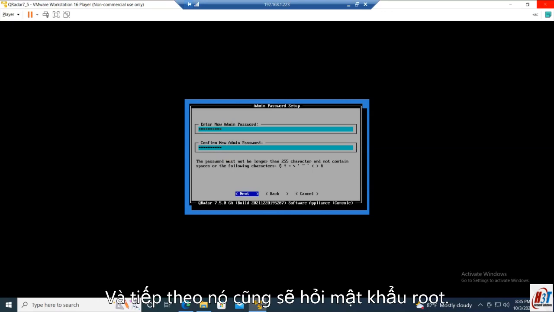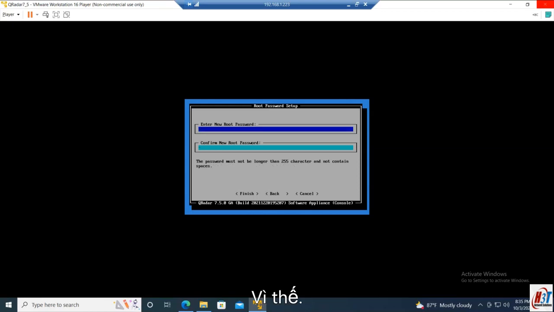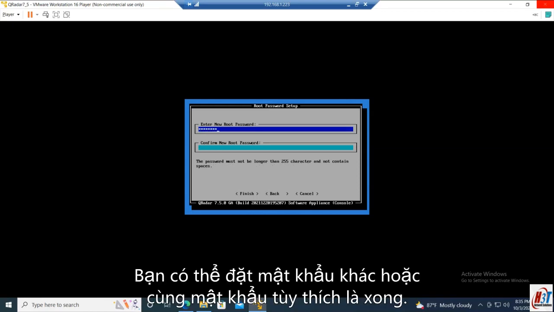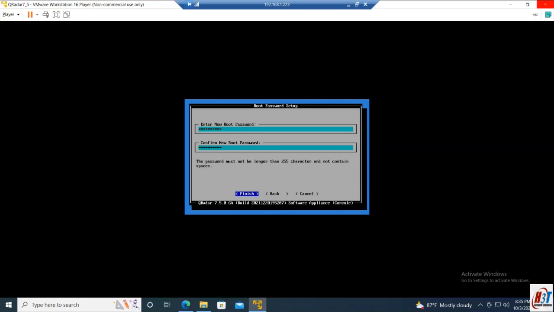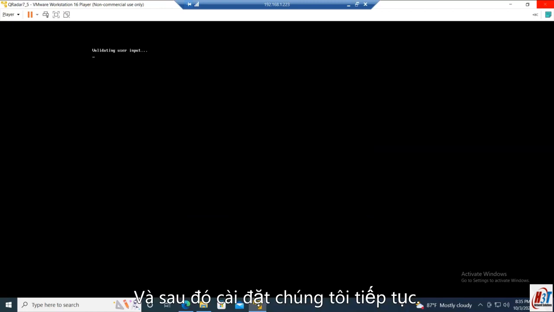Then next, it will ask for the root password also, so you can put a different password or the same password as you like, and then finish, and then the installation